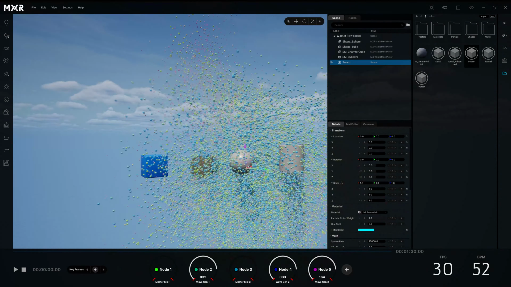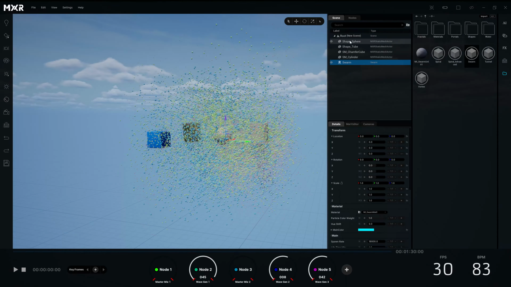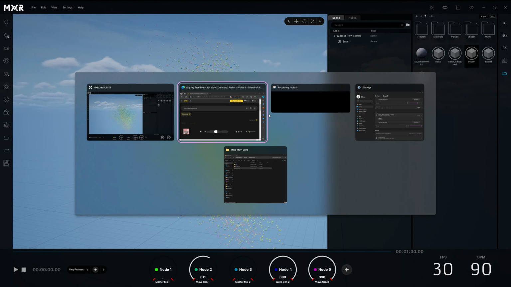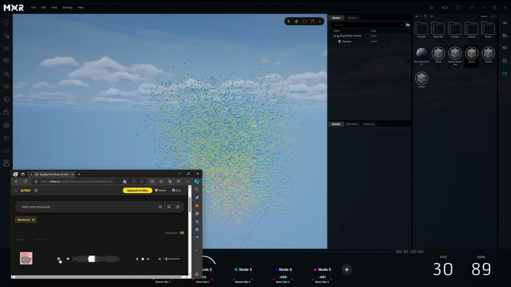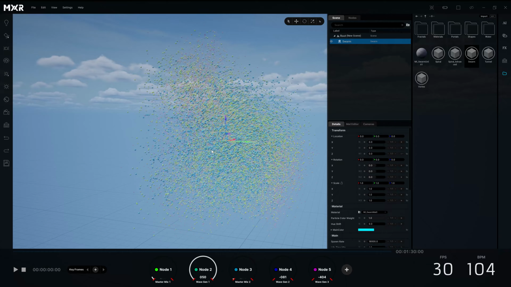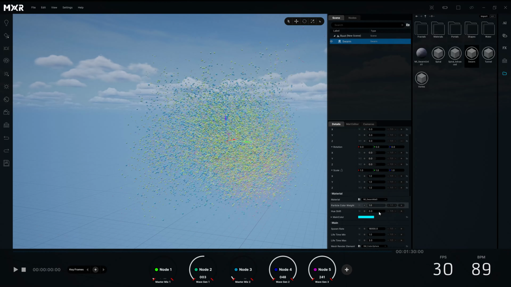I'm going to zoom back out. Now I've got this particle system. I'm going to delete the other objects, clean up our scene. So I'm going to turn the audio back on for a minute. Not seeing too much of an effect. I'm going to go back to